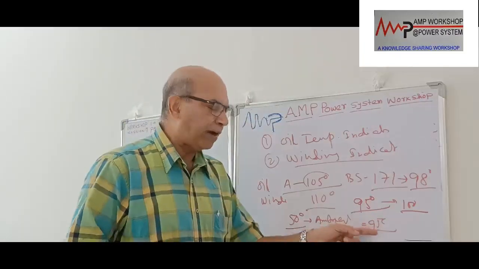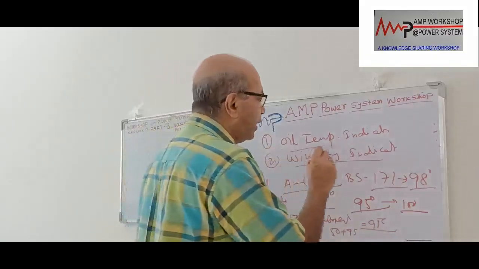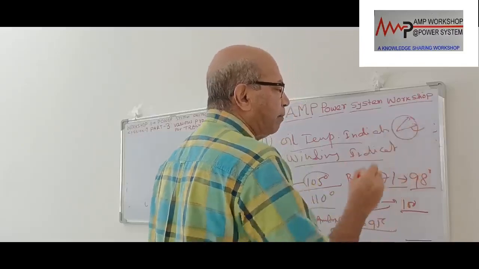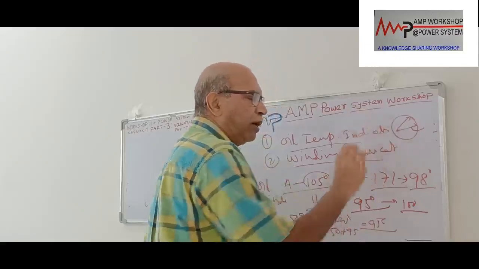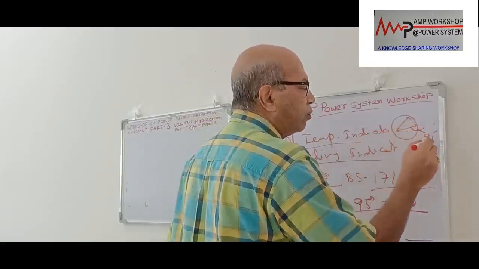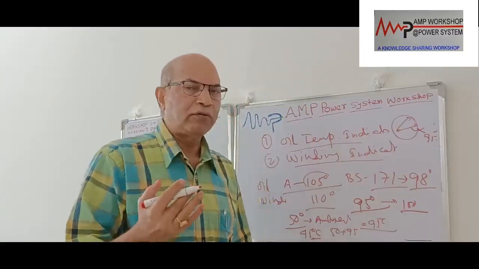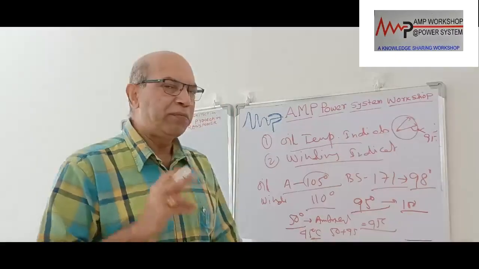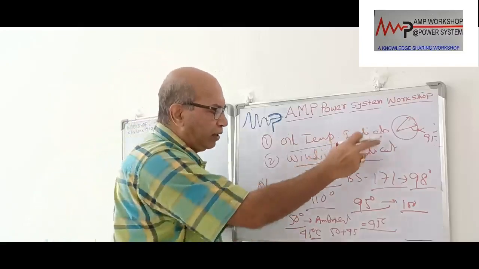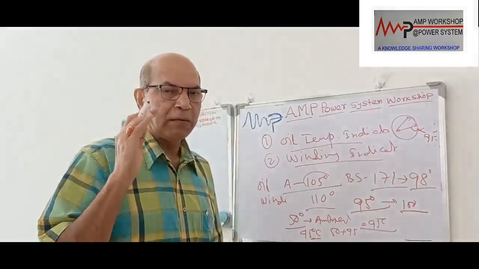When the oil temperature comes to 95 degrees centigrade, immediately an alarm will be produced by the indicator. In this oil temperature indicator there is a pointer, and there is a dark red pointer for the maximum temperature. On the shaft which rotates this pointer there is a contact. If this is the 95 degree centigrade location, when the shaft comes to this position, that contact will immediately close and give an alarm to the control room or the operator. Then the operator will understand that the transformer oil has come to 95 degrees centigrade, which is the maximum operating condition.